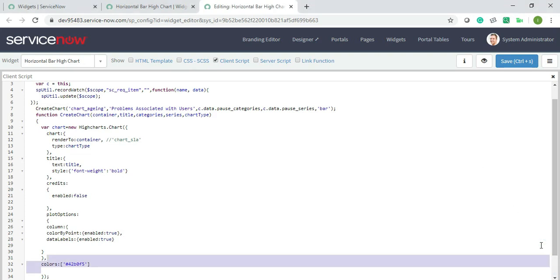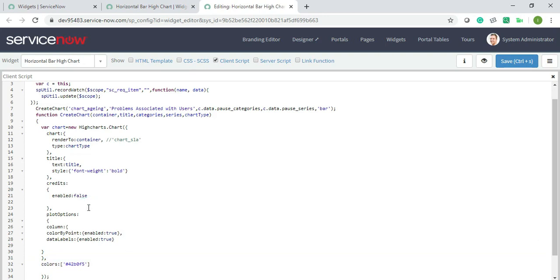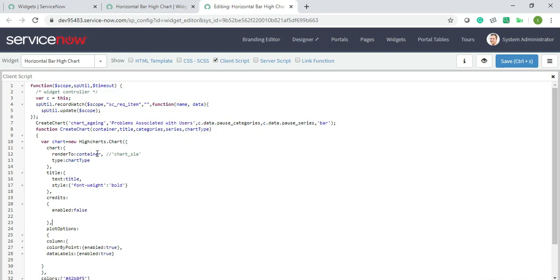In my previous video, there was some error which was coming. There was one mistake which I have already rectified. The mistake was that I didn't add the function here. That is why that red cross was coming, so I forgot this function, and inside this function there will be spUtil.update and scope. If you haven't noted down, then kindly note this down, otherwise an error will come and nothing will be visible.